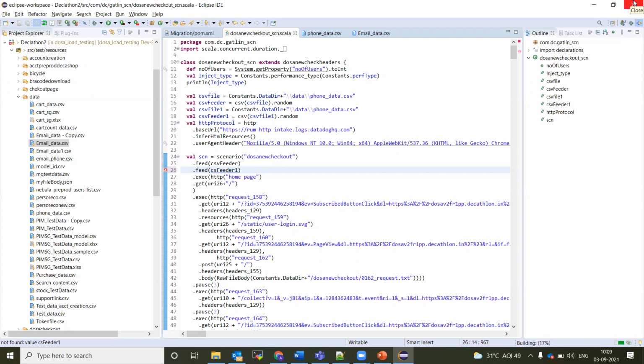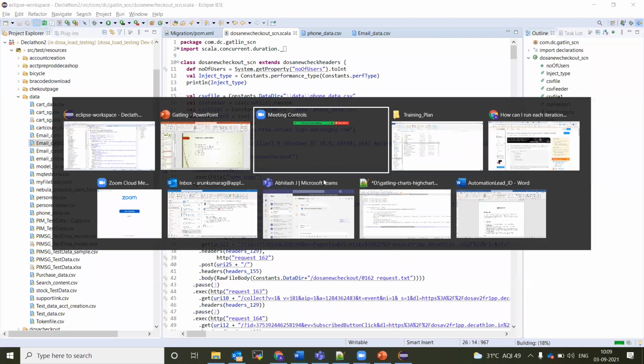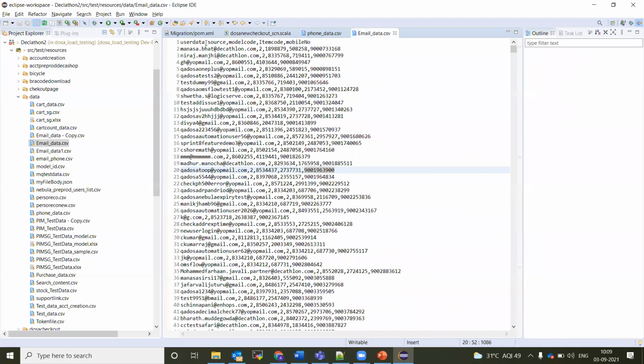Yes. This is for CSV feeders, and similarly you can take data from a database, or from Catchy, everything you can do. But for CSV, this .csv feeder, we'll see. Rajesh, you were asking a question: will it accept only CSV or any other data source? Yes, we can have the file feeder as .csv. If it is tab separated, then you have to give .tsv. And if there is a semicolon, it should be SSV.